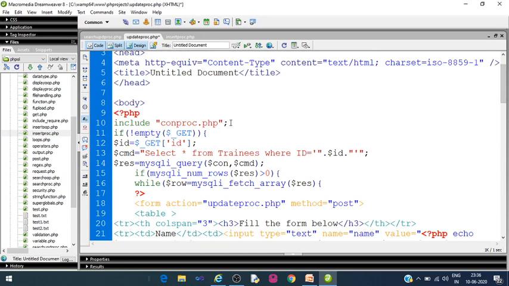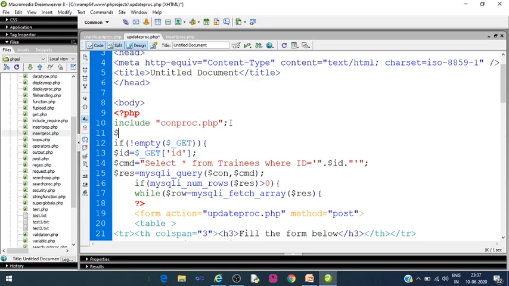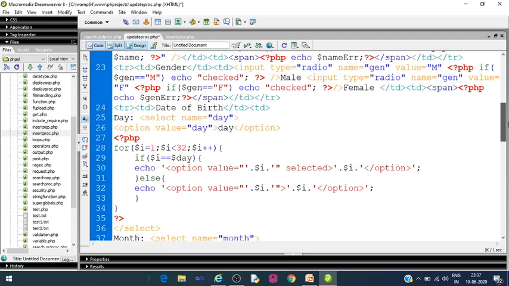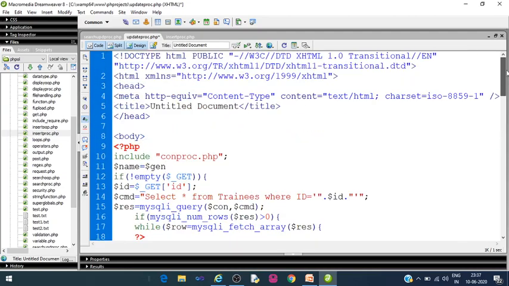So what we will do, we will just initialize all these variables. $name is equal to $gender, or what we will do here, $day, $gen is equal to $day is equal to $month is equal to $year is equal to